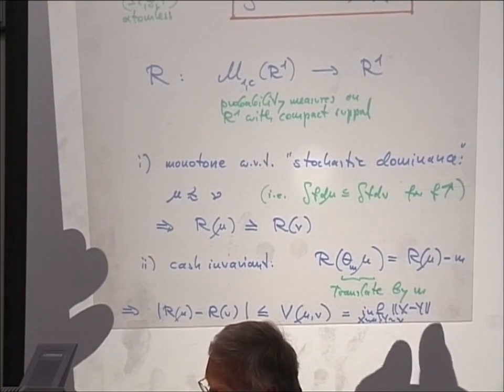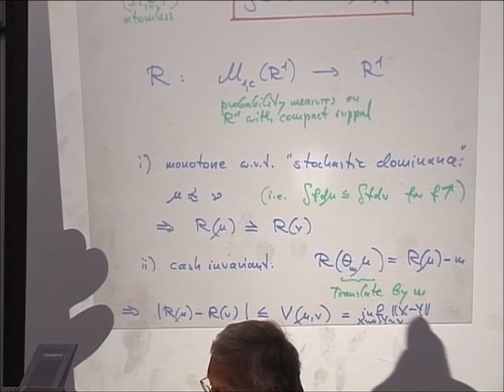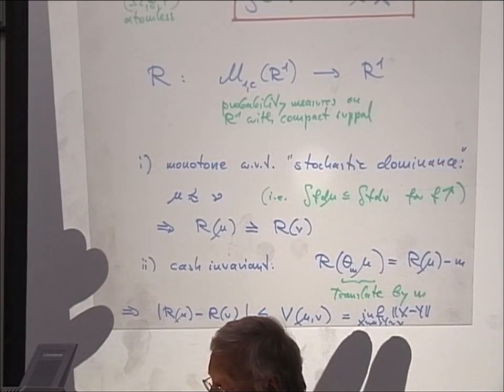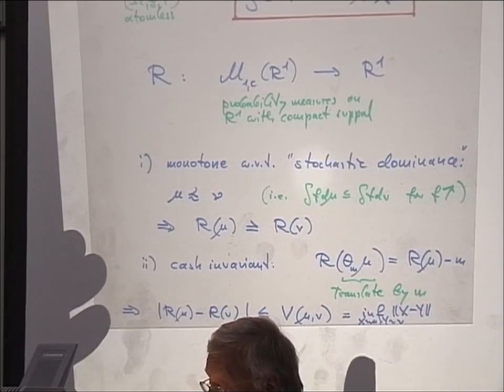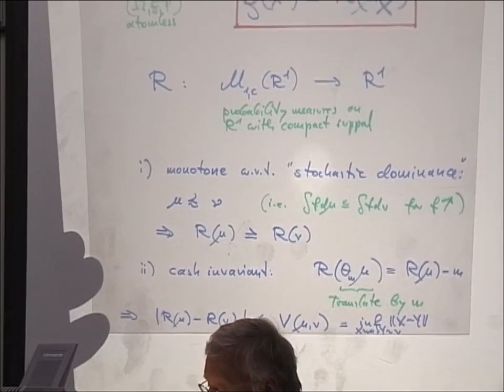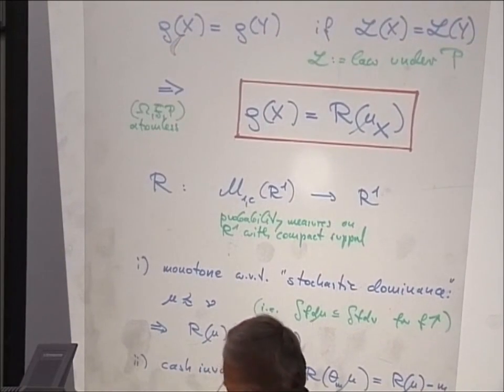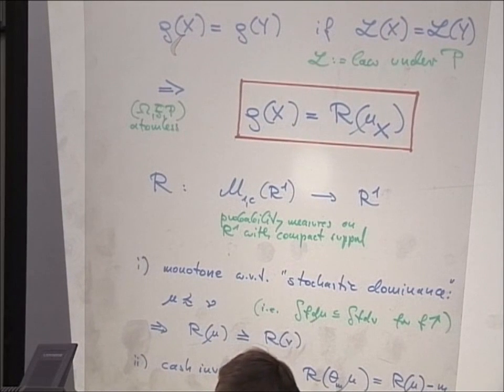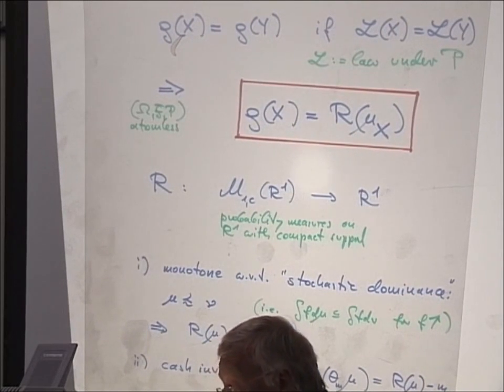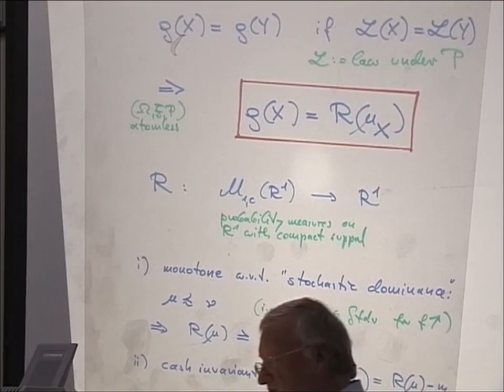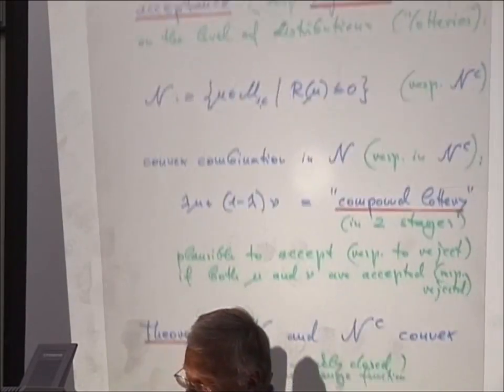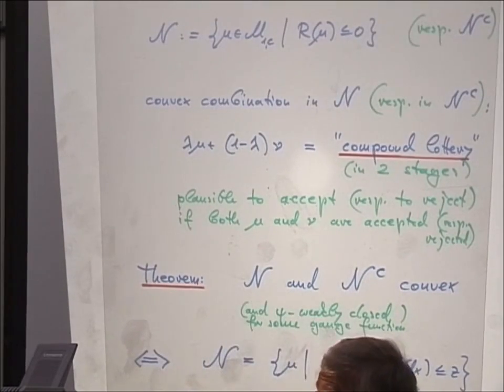So it's the infimum of the L infinity norm over all random variables X and Y such that X has distribution mu and Y has distribution nu. So we can shift everything now to these functionals on lotteries, on probability distributions,